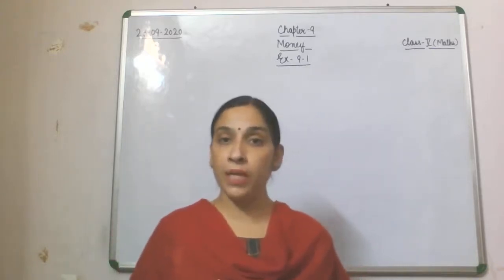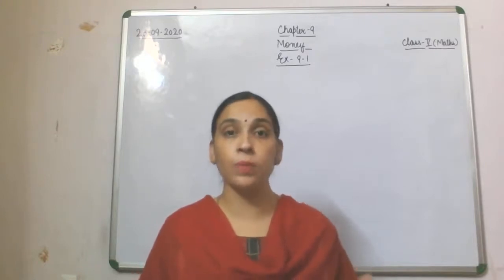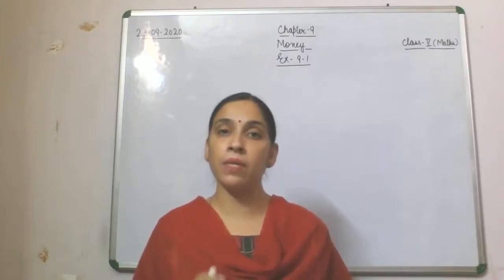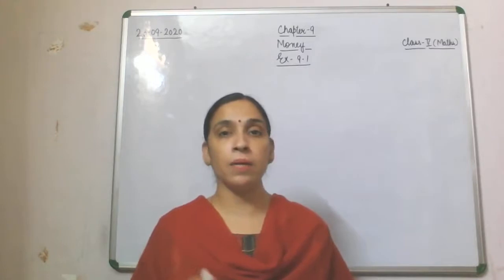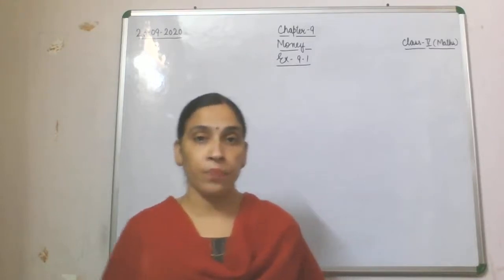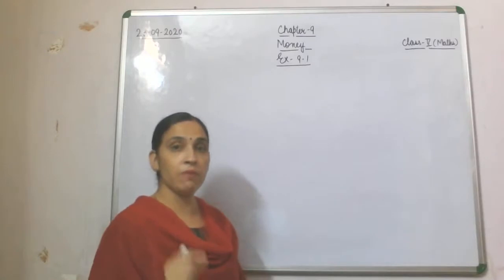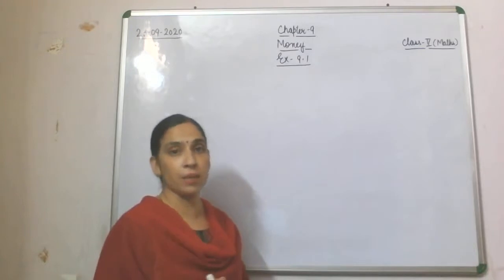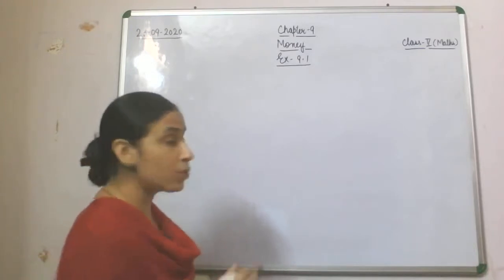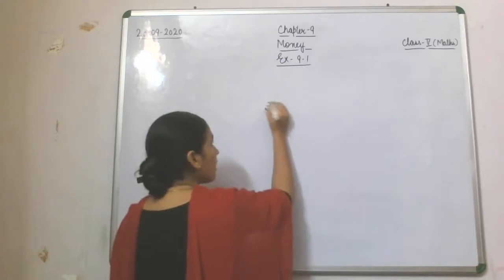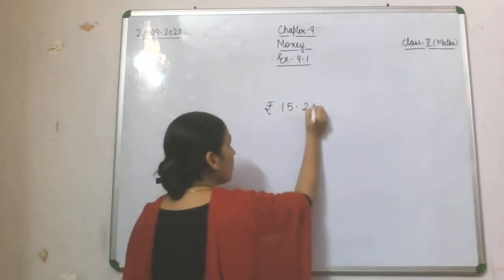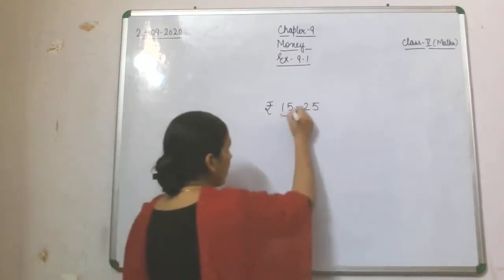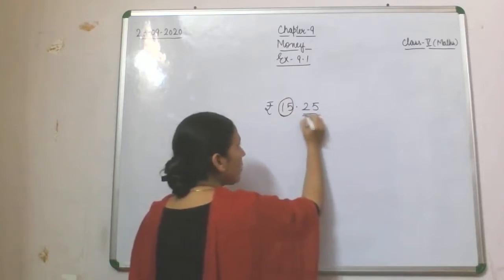So here we have rupee and paisa, and when we are representing rupee and paisa using decimal, then the whole number part will represent rupee and the decimal part will represent paisa. If I ask you to represent 15 rupee 25 paisa with a decimal, and the unit you have to use is rupee, you will write it like this, 15.25. Now here the whole number part, which is 15, is your rupee part, and this decimal part is your paisa part.